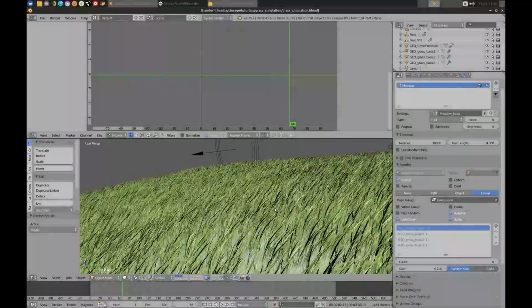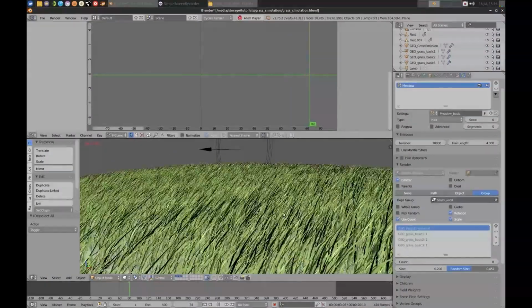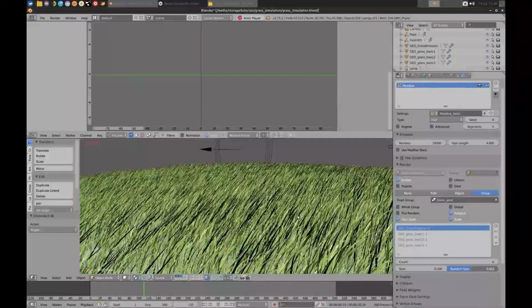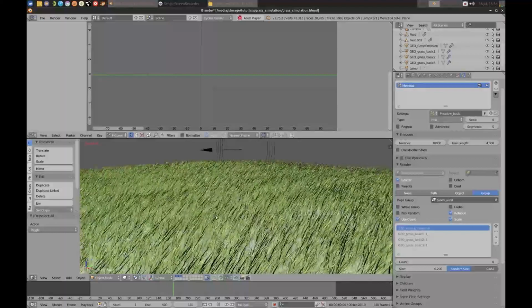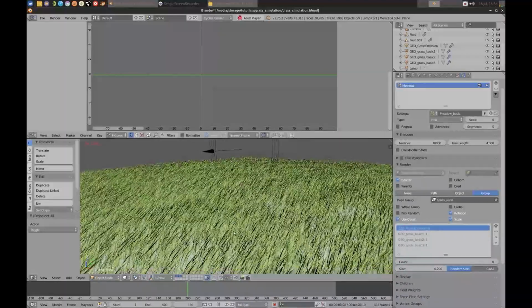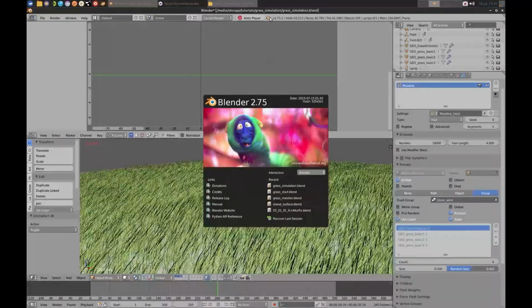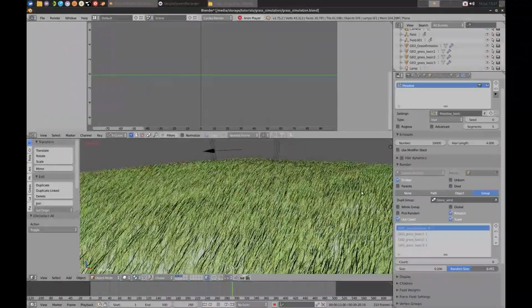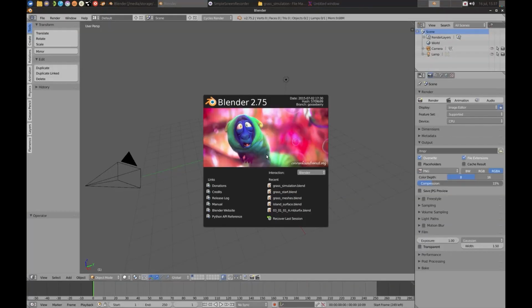Now, this is obviously not the end of it. Everything seems to be moving. It's kind of swaying around in the breeze, but really it's looking a bit too duplicated right now. And in Master Branch, there's currently not really any way to fix that. We added some other additional settings for that in the Gooseberry branch. I can show you that.